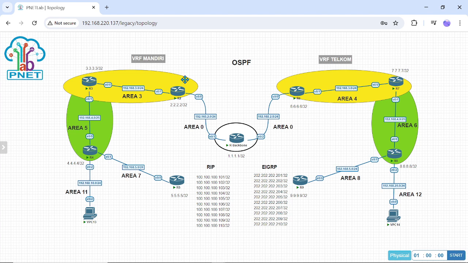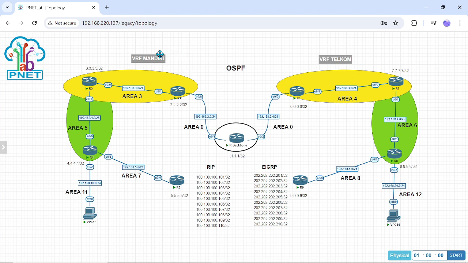In this lab, I will explain my third project. It's about OSPF. In this project, I was ordered to do three or more OSPF materials.